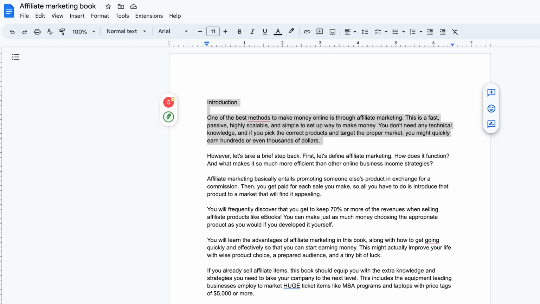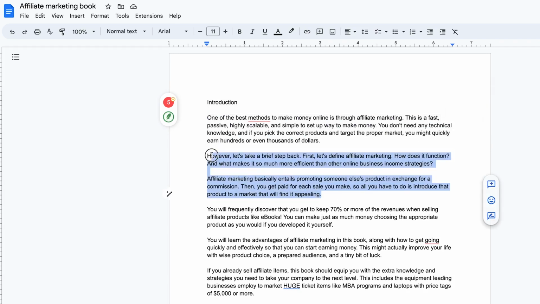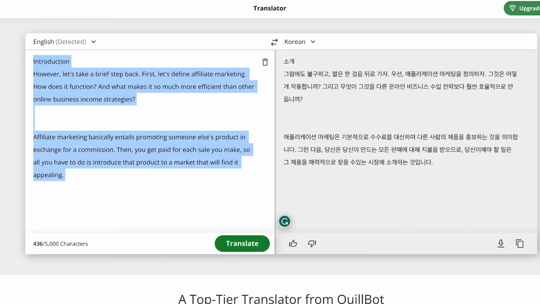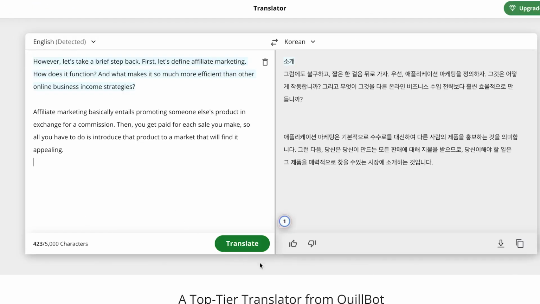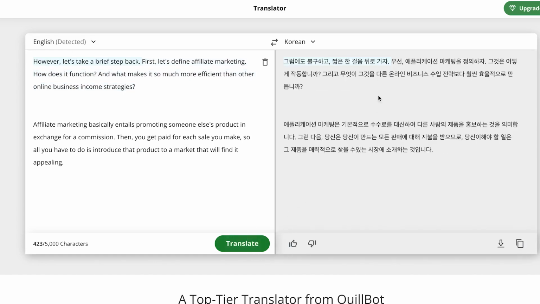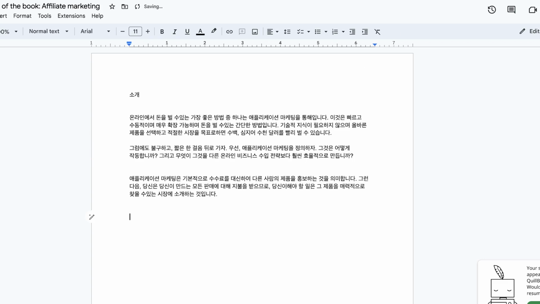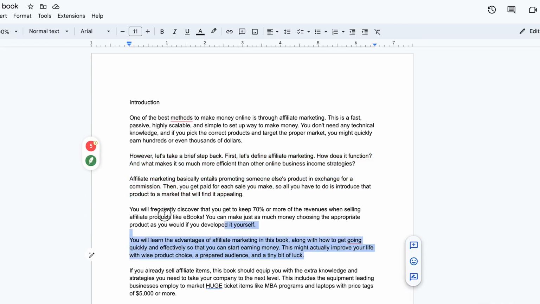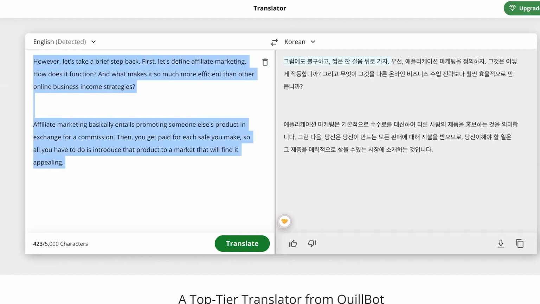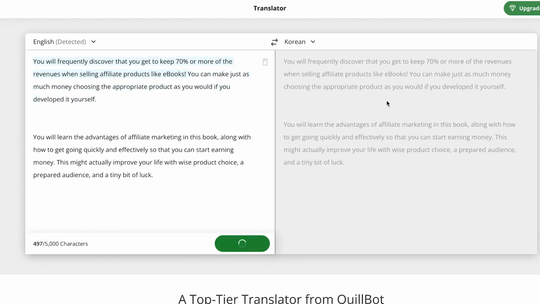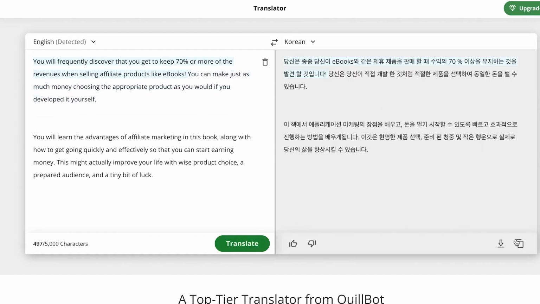Then you can come back to the same book, copy these 2 paragraphs, and then you can go back to Quillbot, zoom in, copy everything, paste in, and then I can say translate, and then it translates everything with just one click. You can just take a look at the speed. You can copy, and then you can come back to the Korean translation and paste in. You can go back to the main English document and copy the next 2 paragraphs. Okay, come back to Quillbot, select and paste, and just say translate, and everything is going to be translated with just a simple click.